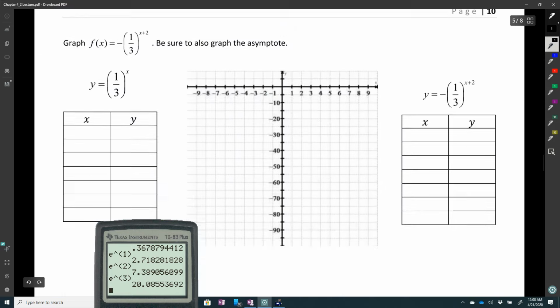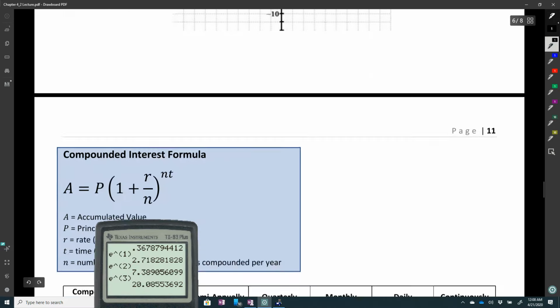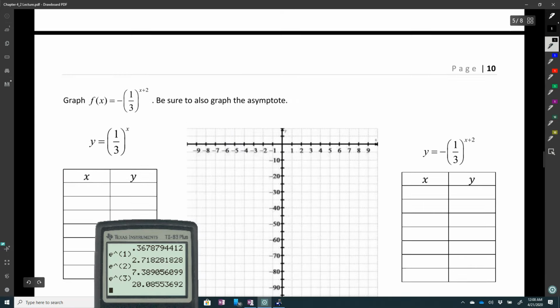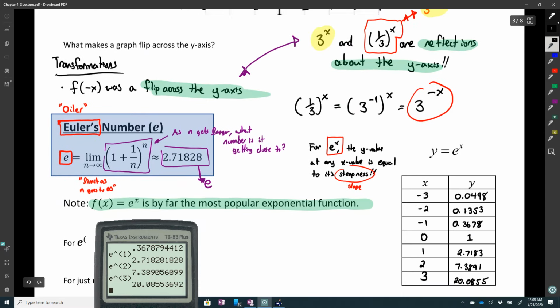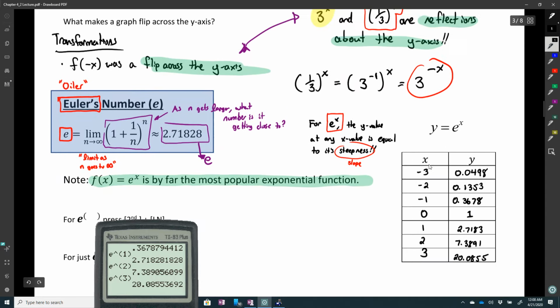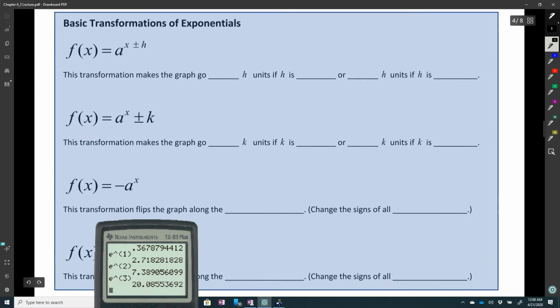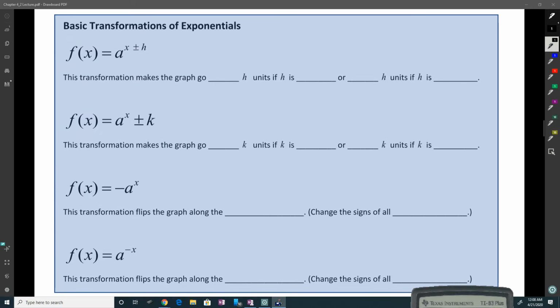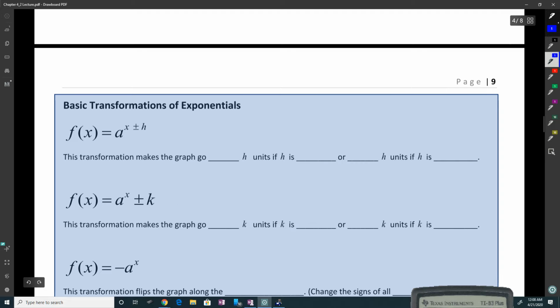So these next examples, I won't do all 3 of them. I'm just going to do maybe 2 of them. I'll save the other one for you to do as an extra video. But what they're going to want you to do is get graphs like we did here, or like we did at the top of this page, and they're going to want you to basically do some really basic transformations. They don't get too crazy with it in this section. What they're going to want you to do is make the graph go left or right. So before we start, when you're dealing with a function,